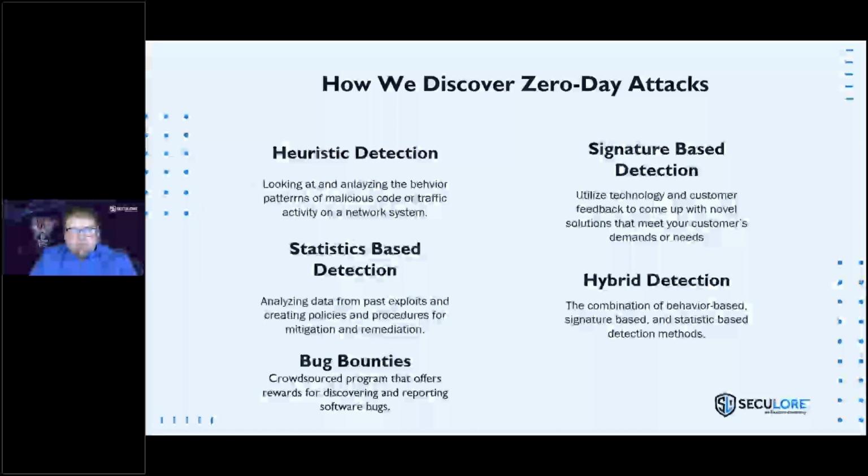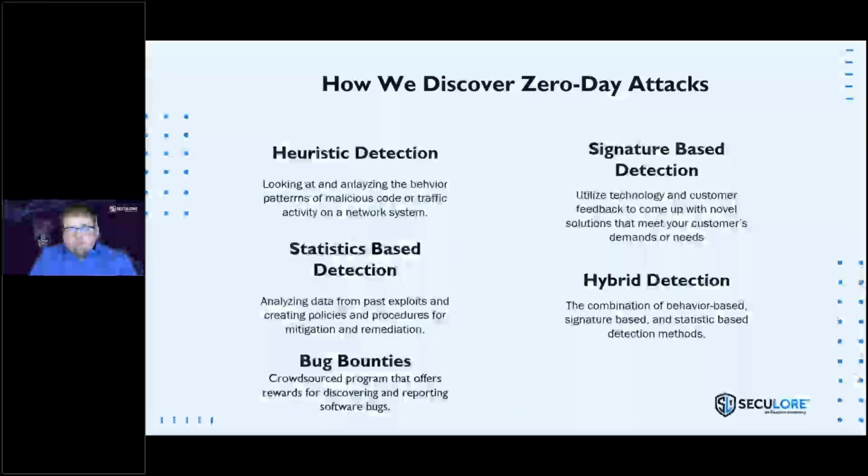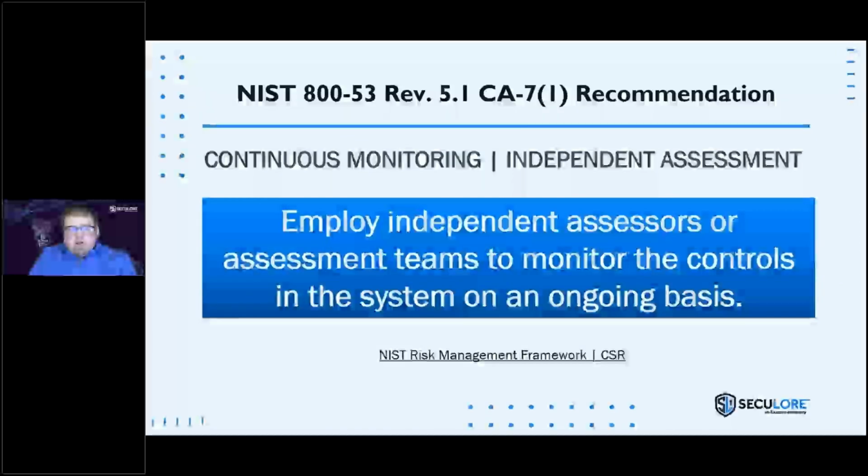And then another one we see, especially with larger companies like Google, Microsoft, Amazon, is things like bug bounties, where there's an incentive to responsibly disclose these things so that they can be patched and mitigated prior to public disclosure, and usually that comes with some sort of monetary reward. But again, all of these things build together to give a strong foundation for getting these things handled. And obviously, we always talk about continuous